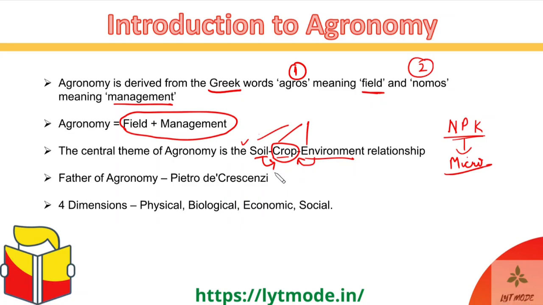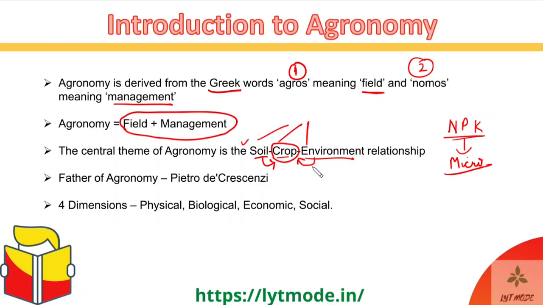Similarly, a crop, for example rice, which is highly intensive in terms of water or irrigation, cannot be grown in a dry environment, or let's say in the Thar desert, right? So the environment is also very crucial towards the crops and how the productivity of the crops varies. So the central theme of agronomy is the soil, crop, as well as environment, all of these three things, how